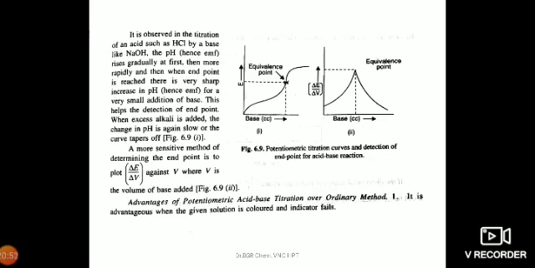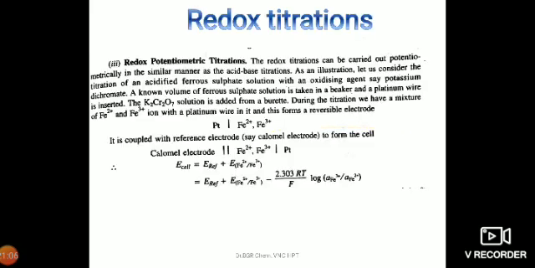And this potentiometric titration has many advantages over our traditional volumetric analysis. If the solution is a colored one, you can't go for volumetric analysis, but even if the solution is colored, we can use potentiometric titrations, because we are not using any indicator here. It is also advantageously employed in titrations of polybasic acids, where the indicator method doesn't work. And it is also useful in the titration of mixtures of weak acid and strong acid, where volumetric analysis does not give accurate results.